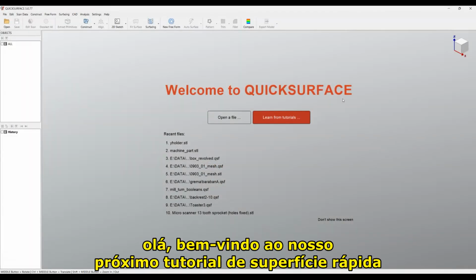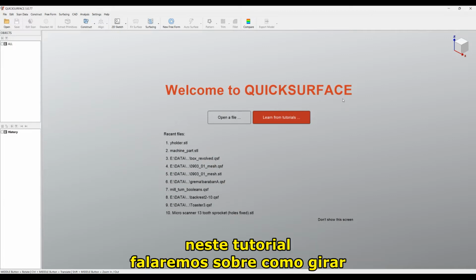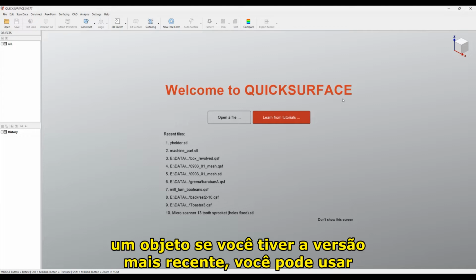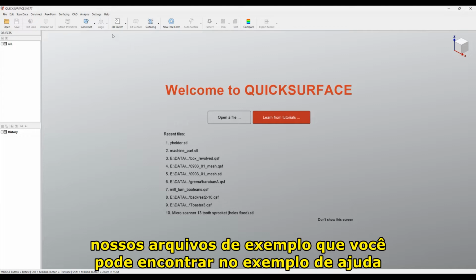Hello, welcome to our next tutorial of QuickSurface. In this tutorial we will be talking about how to rotate an object. If you have the latest version, you can use our example files that you can find in Help, Example Files,